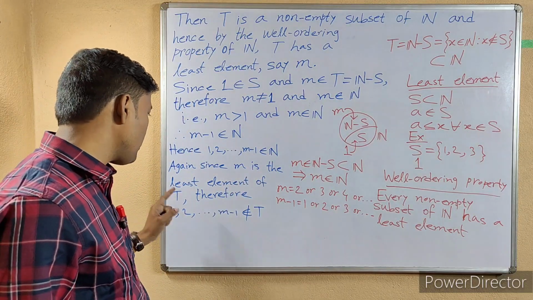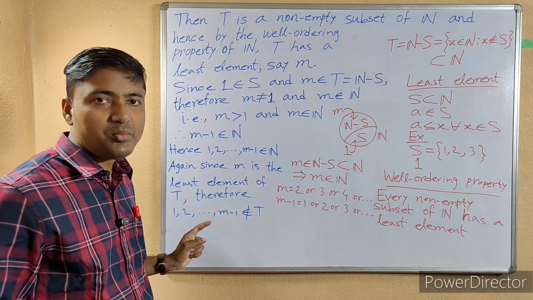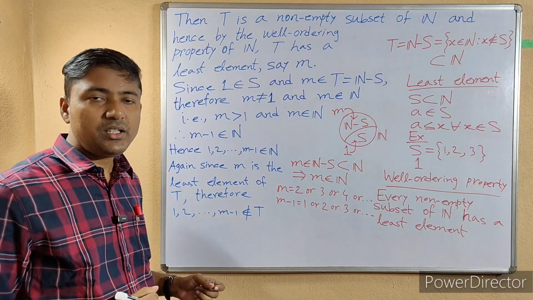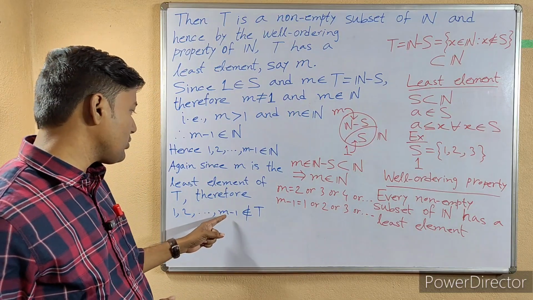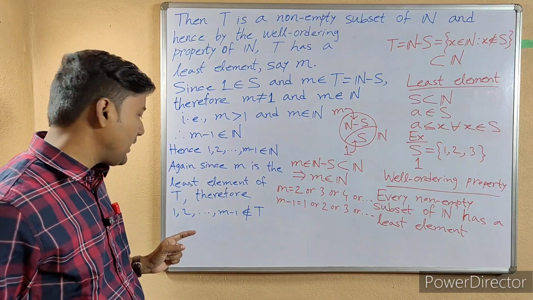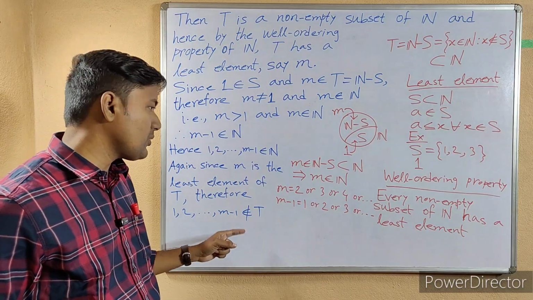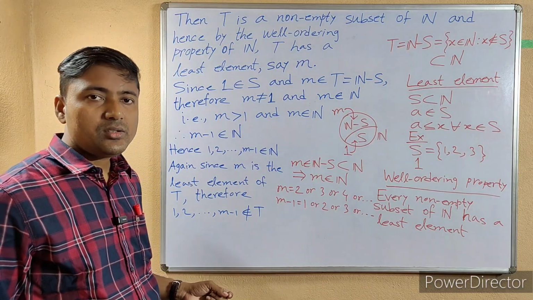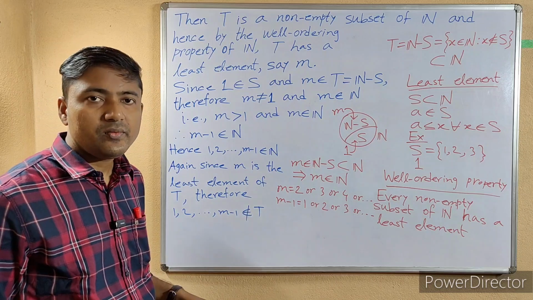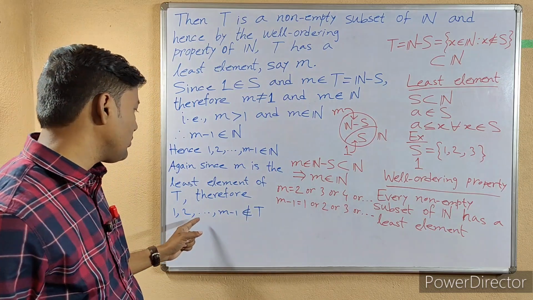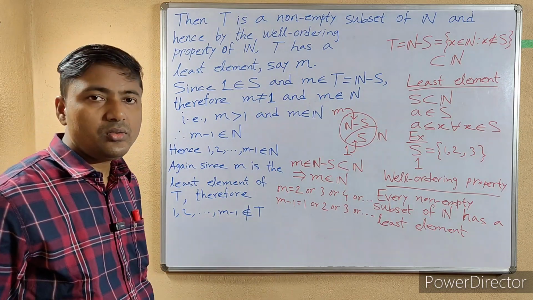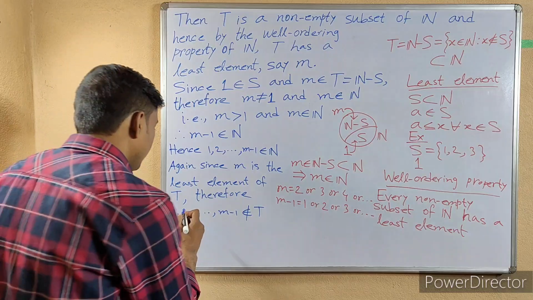M is the least element of T. Since m is the least element of T, it is the lowest number of T, but m minus 1 is less than m. In fact, 1, 2, ..., m minus 1 are all less than m, so they do not belong to T. So we can say 1, 2, ..., m minus 1 does not belong to T, and hence